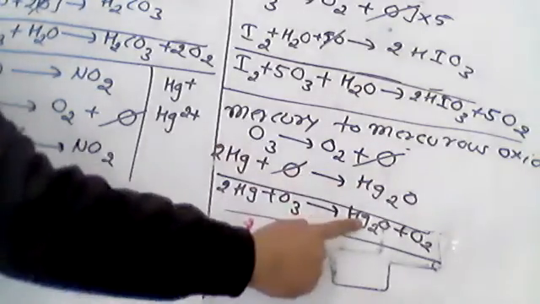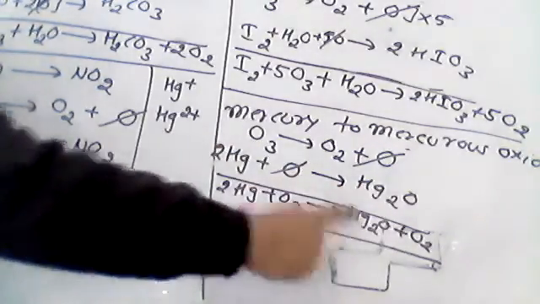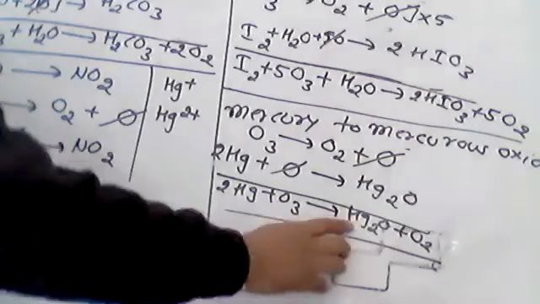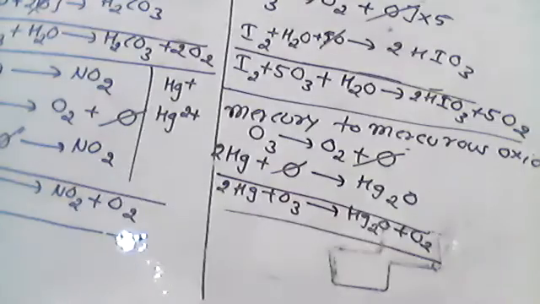But when mercury is oxidized to mercurous oxide, Hg2O, this mercurous oxide has a sticky property like water. Like water, it will start sticking, and because it starts sticking, we call this tailing of mercury. Mercury ki poonchh lag jaati hai. It starts sticking to the surface. So this Hg2O is the tailing of mercury. This is an important one.